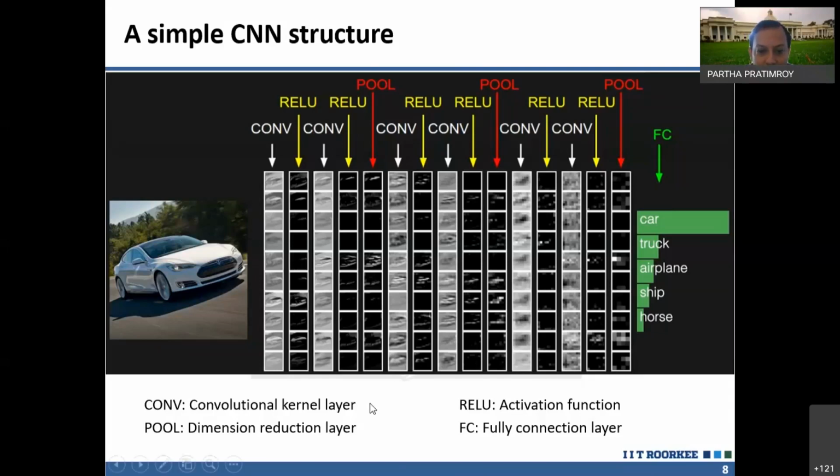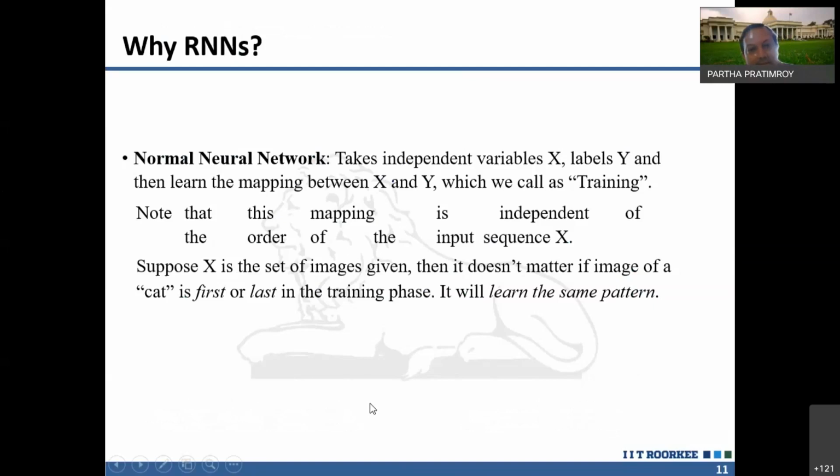Fine. Okay, let's move on. What we have seen in this CNN is that it considers some input image, and then you have the labels, and it will try to fix the parameters from input image to output and get the results. That is called training. Fixing those parameters is called training. So when you get the values of these Ws, you can use those Ws on your testing data.